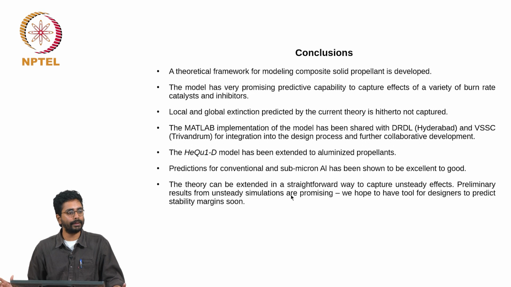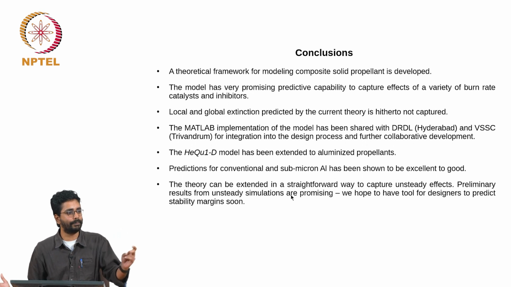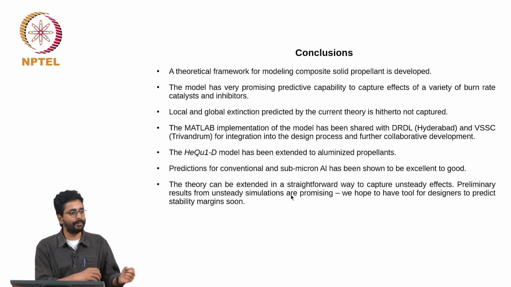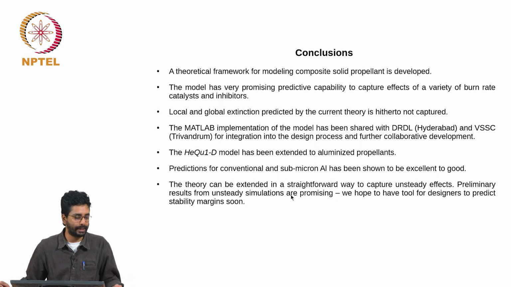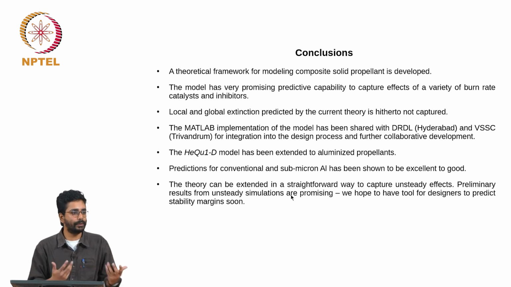The fraction and the size effect come because for a given fraction it is the same effect as atomizing a spray. If you have a 1 mm droplet, you break it down into the same volume of 10 micron droplets, the number of particles is much higher. Similarly, here if you have the same mass with 30 micron aluminum and 0.1 micron aluminum, the number of particles with 0.1 micron aluminum is much higher. And that means you have a large number of very small particles that are close to each other. With smaller particles, there are also other surface dominated effects that come into the picture.